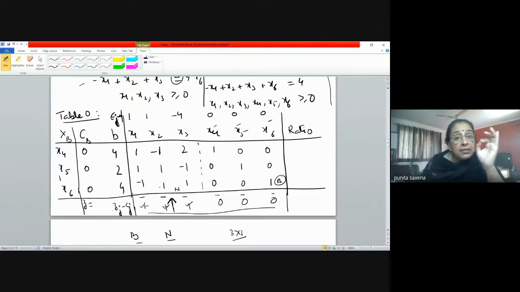And I do not have to consider that Y for which these entries are either negative or 0. So that means for the ratio part, this variable will not be considered because it has a negative in it. So that means x4 cannot leave the basis. So what do we have to choose? Either x5 or x6. So this ratio, the last column will define which is my leaving variable. Okay, so supposing x5 becomes my leaving variable. So that means x2 enters and x5 leaves.